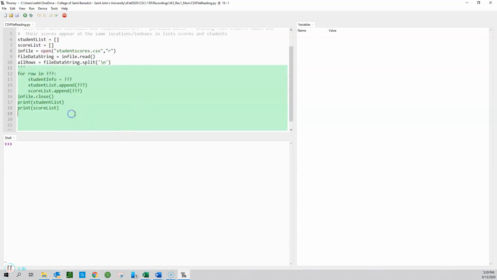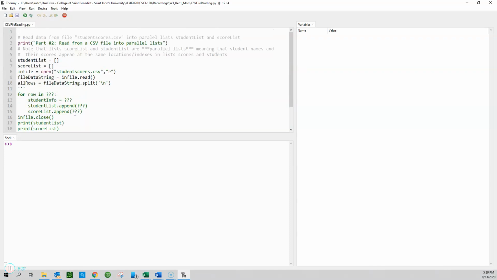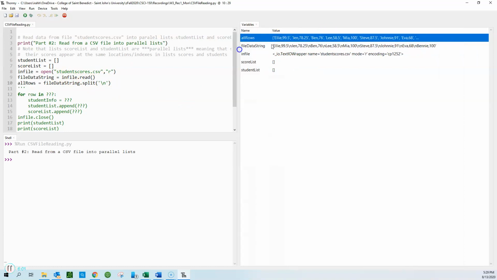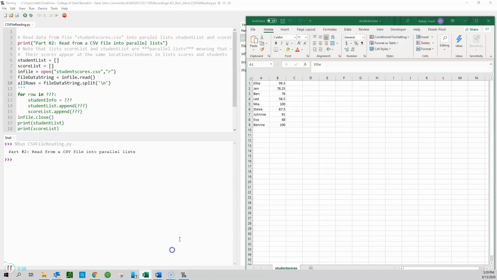So far, this is what we have. I'm going to comment the program and run what we have so far. Okay, so this is the variable. The two lists down here, the file string would be all the entries, and notice that every line is separated by \n, so I can easily use \n to separate the lines. And when I did the split on lines, I was able to get Ellie and her grade as the first entry, Jen and her grade as the second entry, Ben and his grade as the third entry, and so on and so forth,